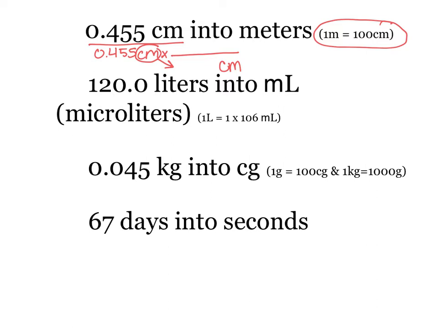And then I write the other unit I'm solving for, the other part of my conversion factor, on top. If you are unsure what number goes in the numerator and what goes in the denominator, just pay attention to your conversion factor. I see centimeters here, and 100 is with that, so I'm going to write 100 in the denominator. And the other part of the conversion factor is 1 meter, so I'm going to write 1 meter there. Centimeter divided by centimeter cancels out, and I'm just left with the unit that I'm asked to solve for. So it turns into 0.455 times 1, all of that divided by 100. You plug that into your calculator, and you get